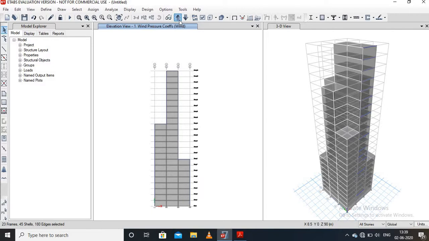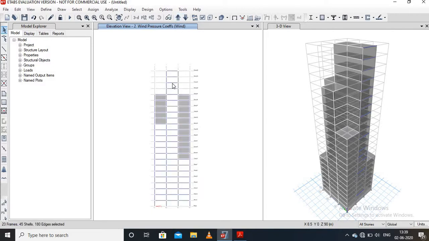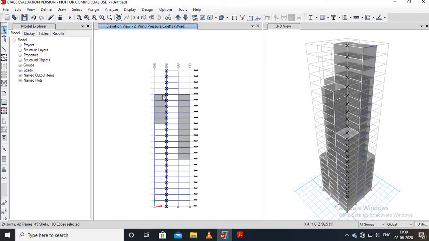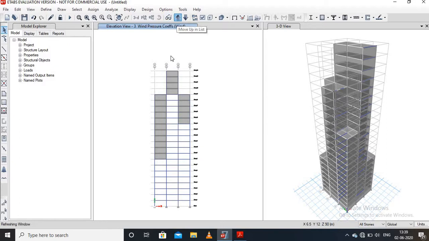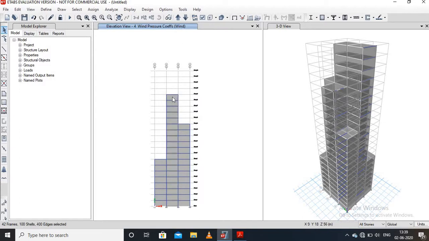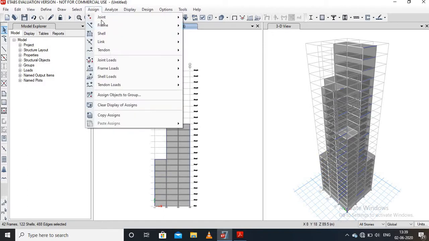Therefore move upward and select the cell, remove it, select the cell, then move upward, then move upward, select, then go to the assign menu.